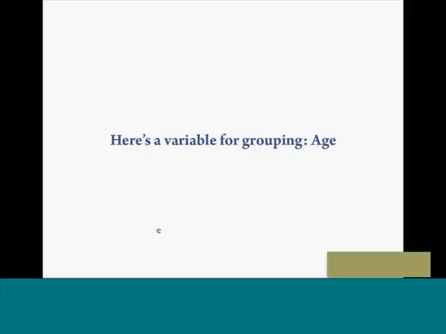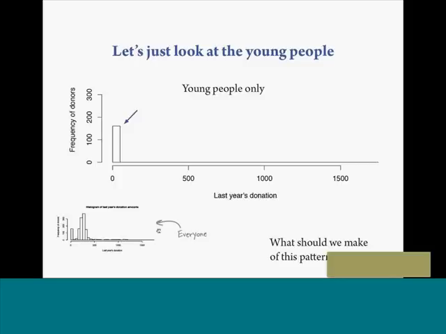So let's say we'll just do that. We'll take the grouping age and draw a histogram just for young people. So if we commanded tilde R to draw a histogram that contained just young people, and this is a typical thing in fundraising, you might have a very large spike here on the far side, and no activity over here with large amounts of money, because young people don't give large amounts of money, but maybe you have a whole bunch of young people giving small amounts of money.